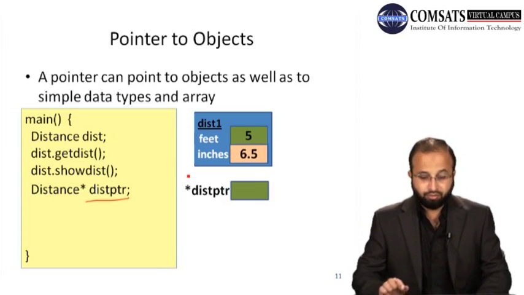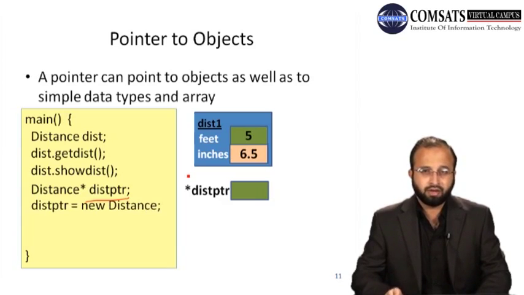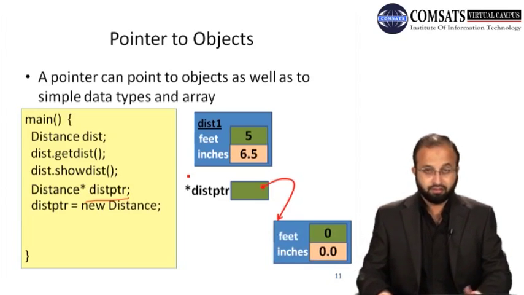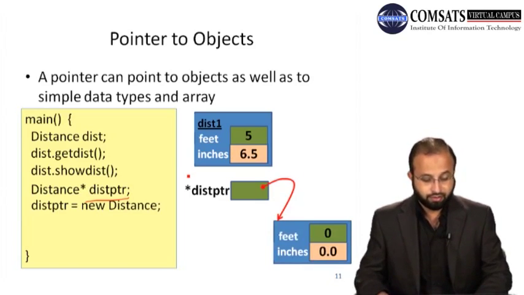We have seen this concept, pointer to object and pointer to an array of object, when we were in the dynamic memory allocation in some of the previous lectures. So a pointer can point to an object as well as to a simple data type and array, right? That is what we already know. For example, we have a